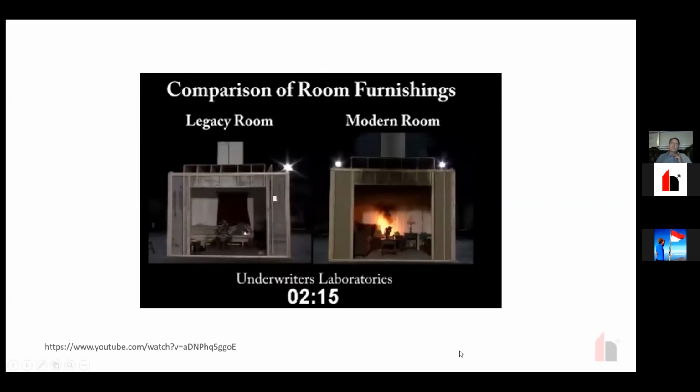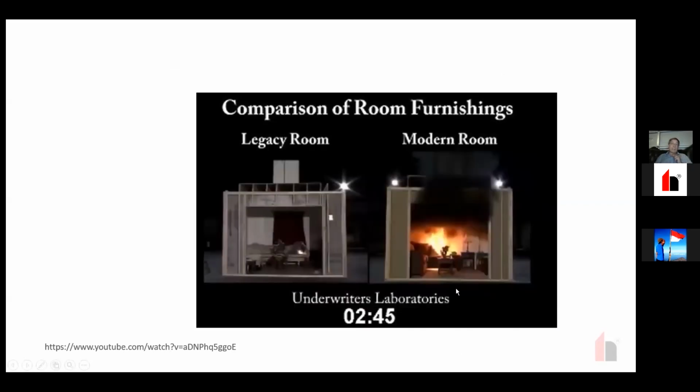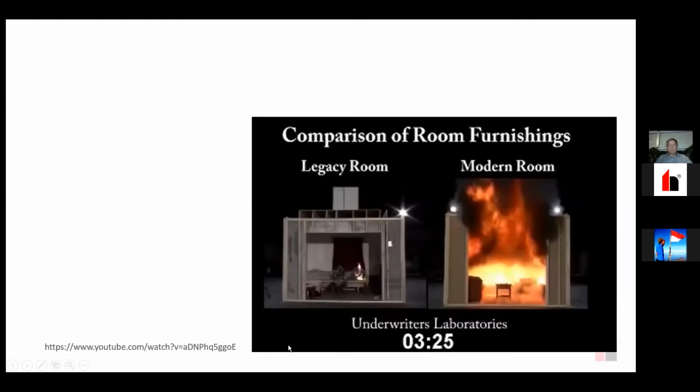30 seconds later, it looks like this. This fire has definitely grown and spread, and it's growing very quickly. And the black smoke has filled that room to a point where it's now actually spilling out of the room. About 40 seconds later, we have this. The legacy room,